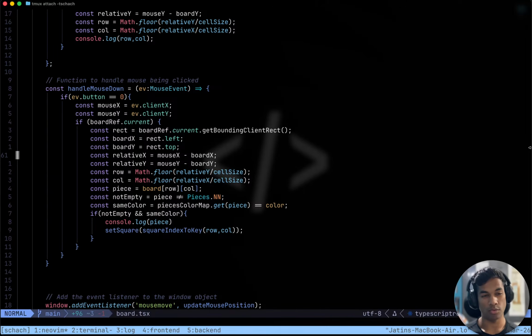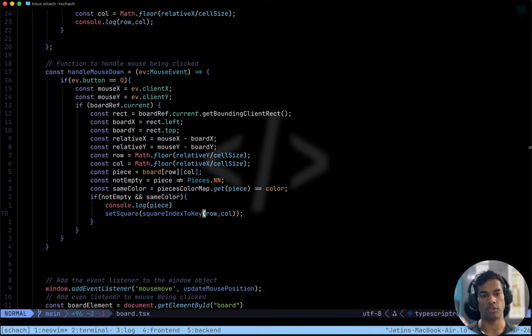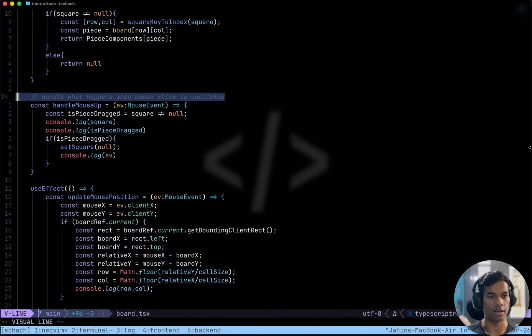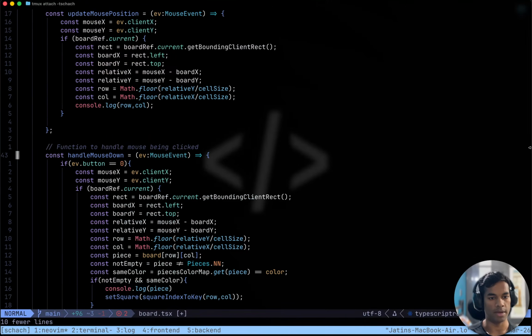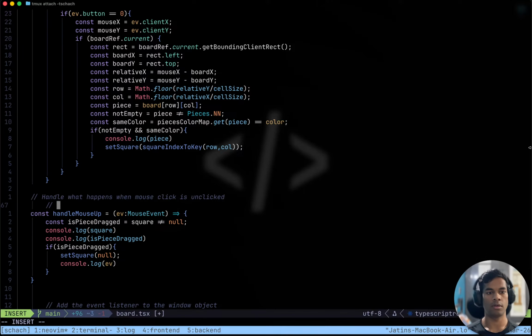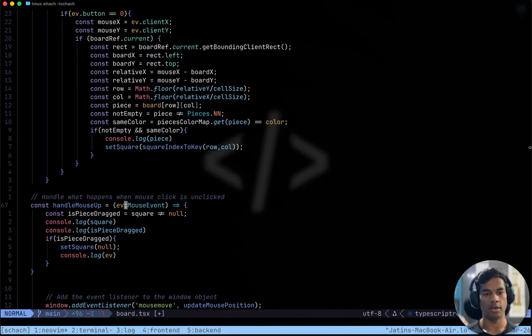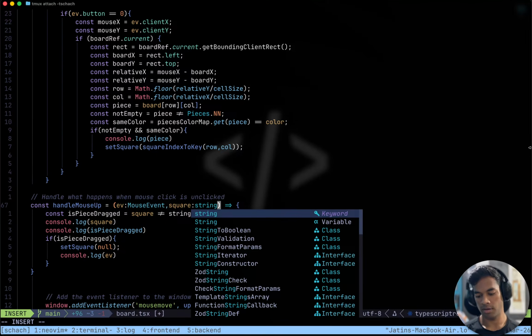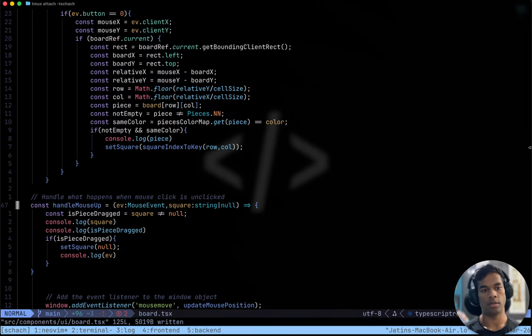Which means we have to pass it. Yes. We need a wrapper function around this. Cool. Makes so much sense. Okay, let's say this thing will take in this event and square, which is a string or null.